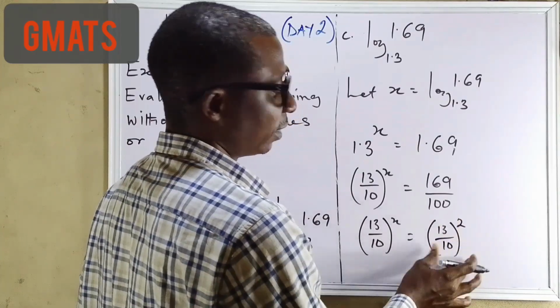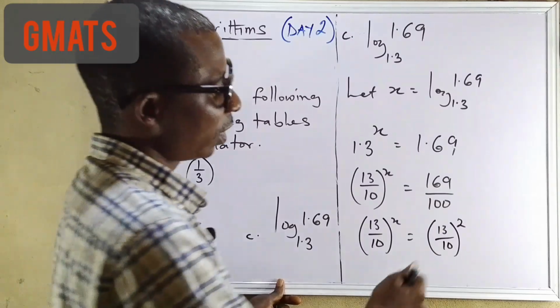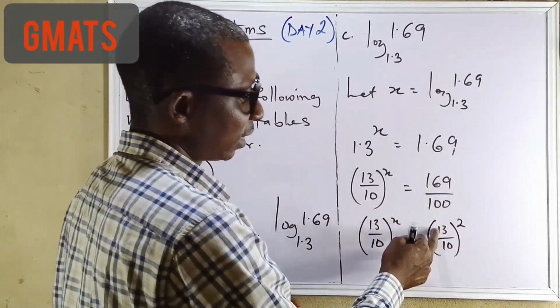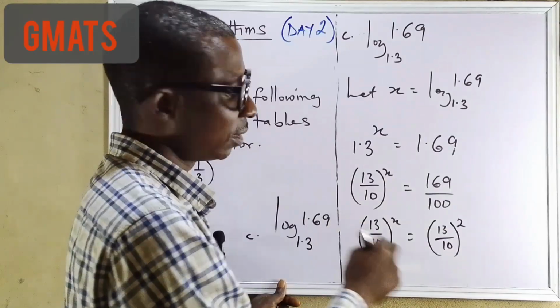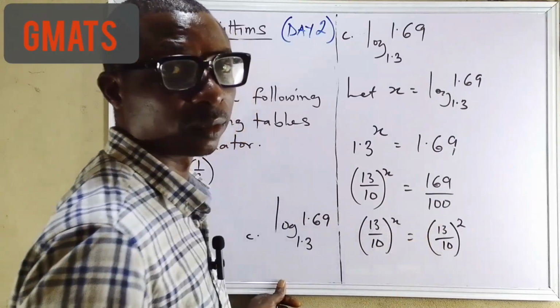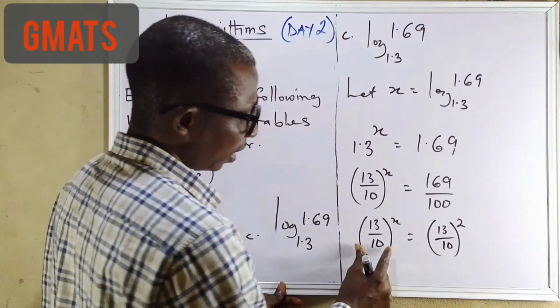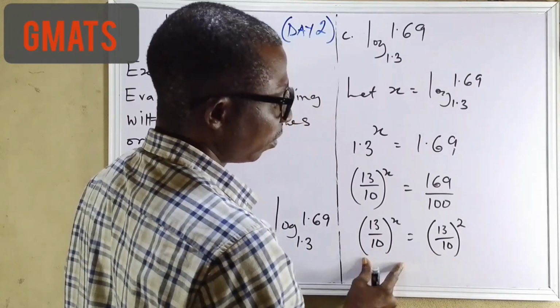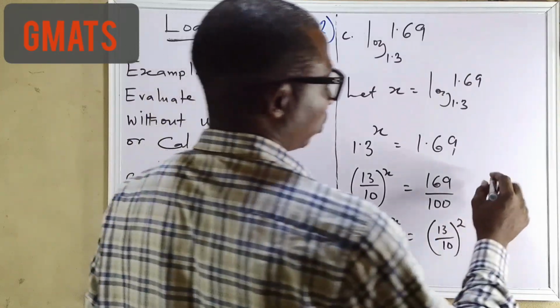So you can write it this way. So when you square this, you're going to have what we have here. 13 times 13, 169. 10 times 10, 100. Okay, so now you can see that we now have the same base. Since the bases are equal, you can equate the power. So that means